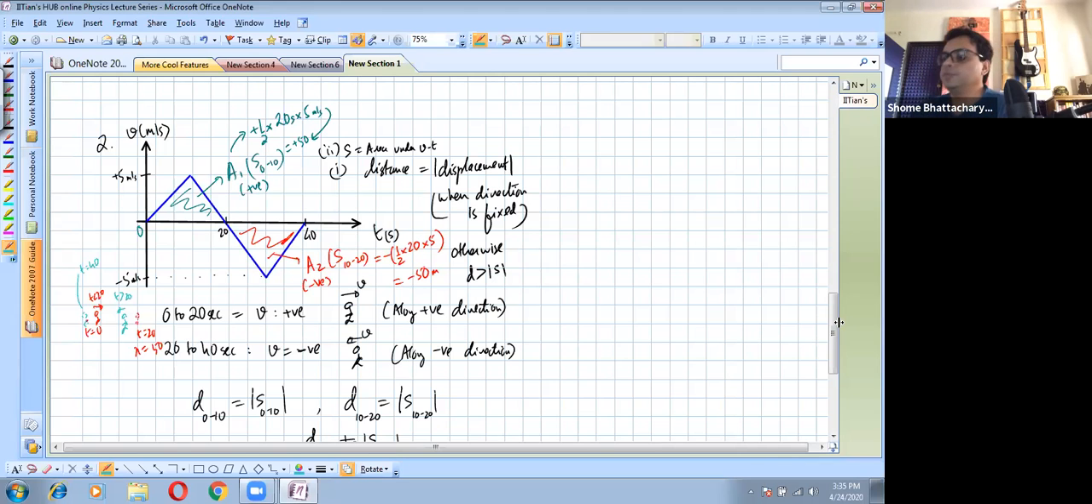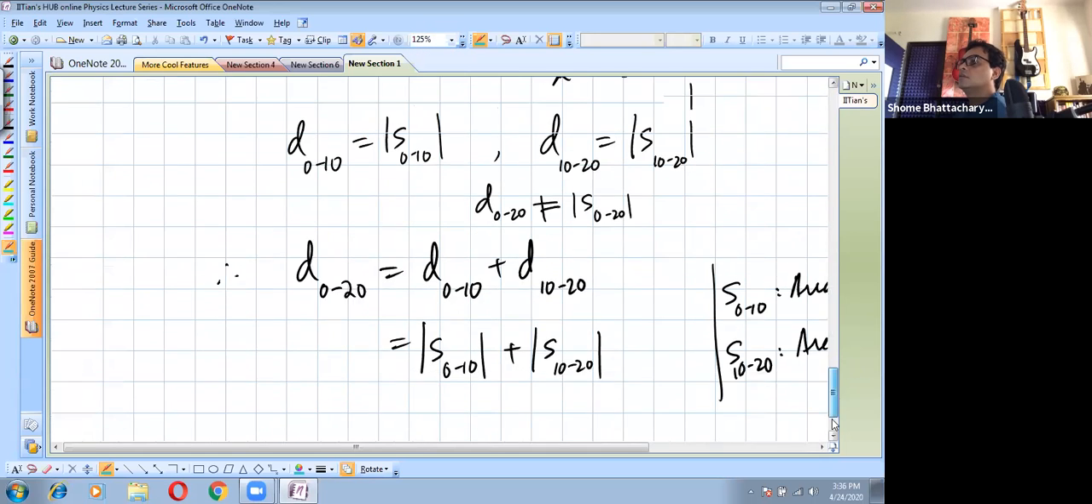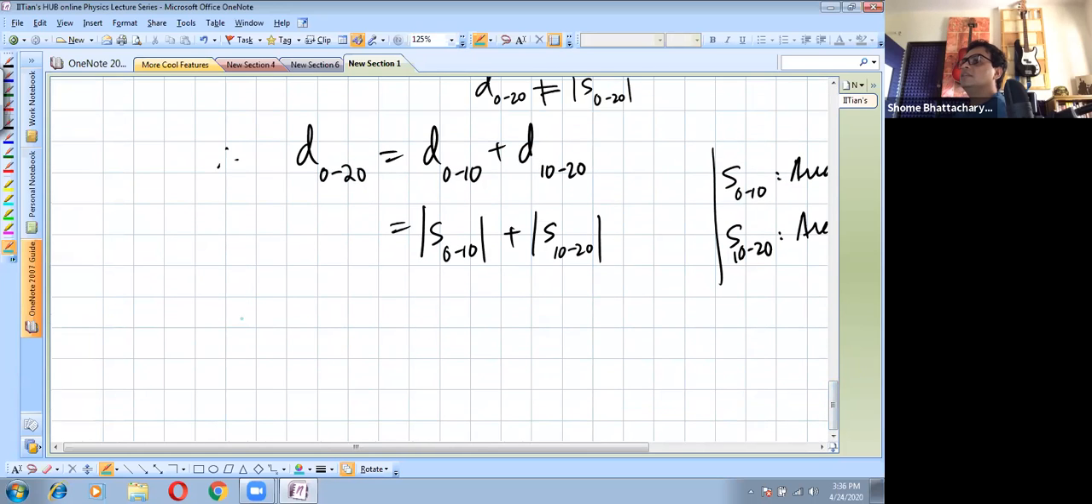Okay, hope it's clear up to this. So now continuing from this point, we can see that so far what we've understood is that the displacement from